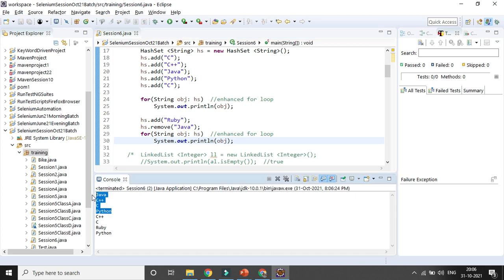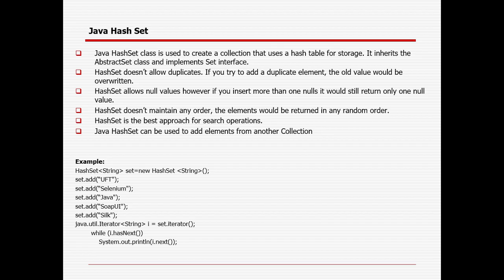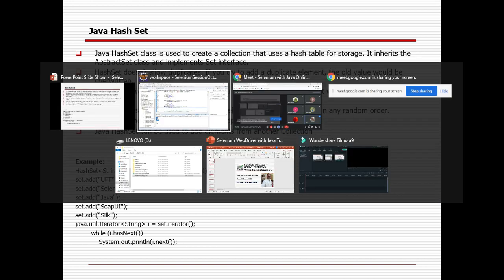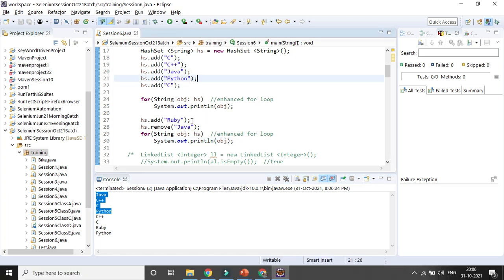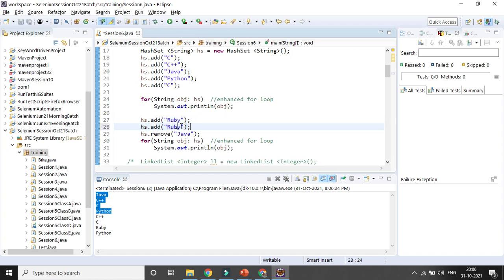So it does not guarantee to give the output in an ordered way, but it does not allow duplicate values. In case of a null value, it will take only one. Suppose you are adding two more null values, only one null value it will take, but it does allow you to enter a null value.